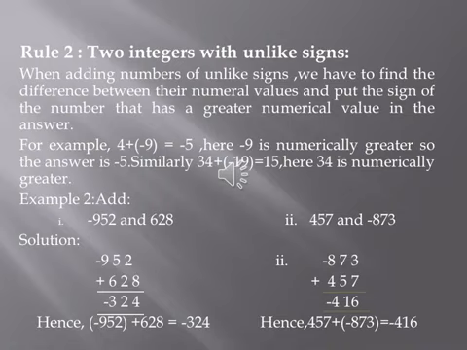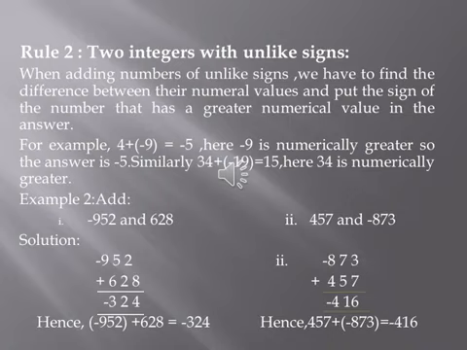Now we will do a few more examples. Example 1: minus 952 and 628. Here also we will find the difference of the two numbers and the answer will have a negative sign, because 952 is numerically greater than